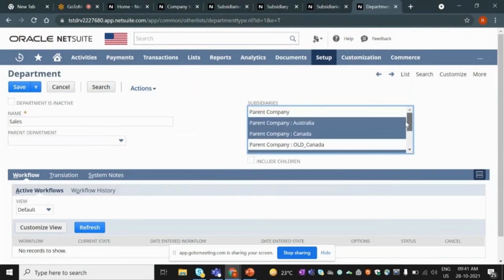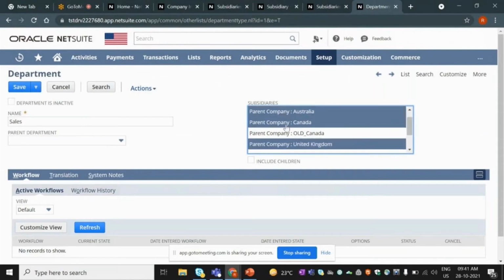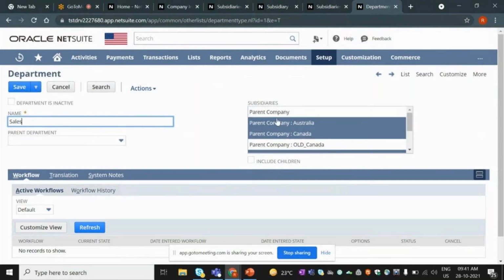You can save it, but I wouldn't do that. I have one question. What do you mean by this include children? I didn't understand. Okay. So include children means if I select the parent company and check this checkbox, all the subsidiaries that come below this parent, like Australia, Canada, Old Canada, United Kingdom, and so on,